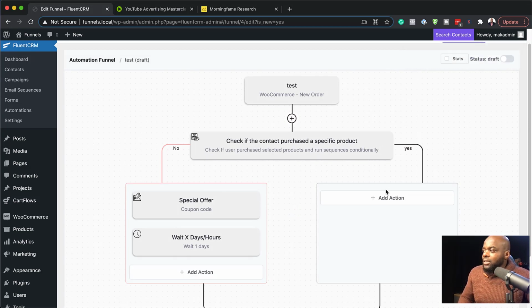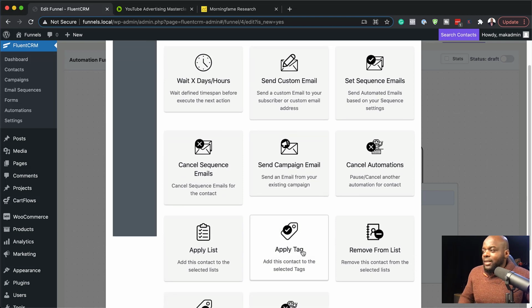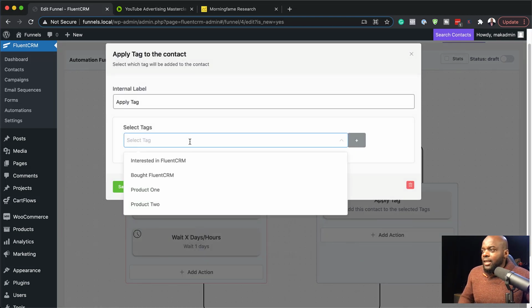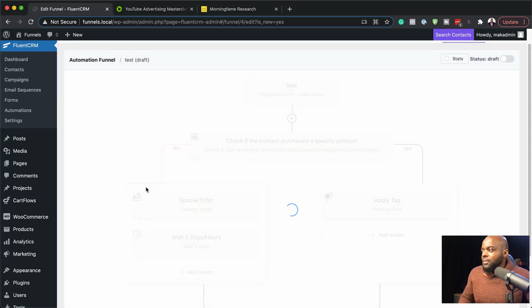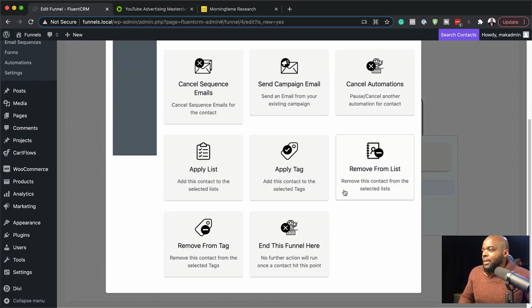Now over here on the right, we could say, okay, so if they've purchased this product, what we need to do is to say, apply a tag. And the tag is going to be product 1, save settings. Now, let's say there isn't much that you really want to do over here. So what we can do is to add an action, but this time I am going to end this funnel